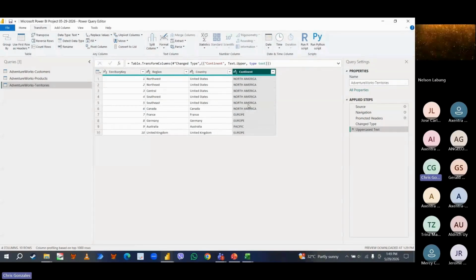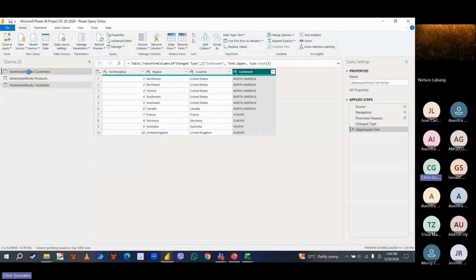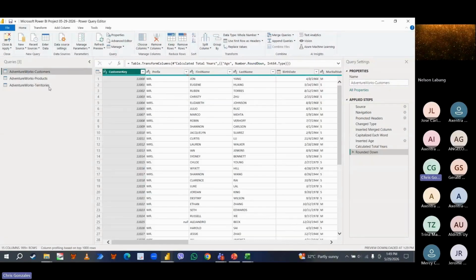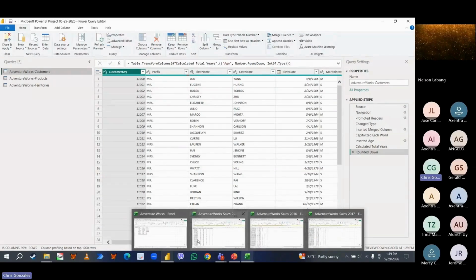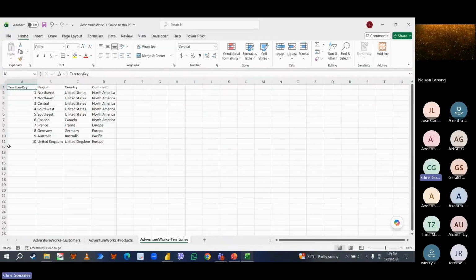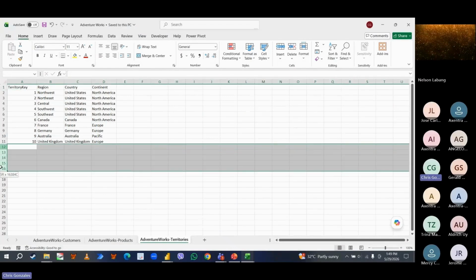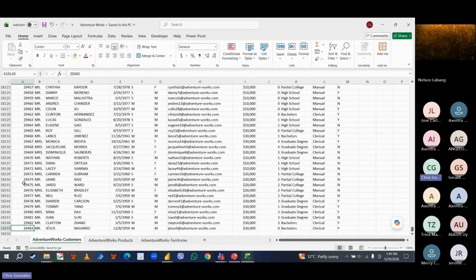Now, what happens if the underlying data source, which is the Excel file we've opened earlier, has an update? Let's say we have the branches increased to 15 branches. Or for customers, we have 50,000 customers.